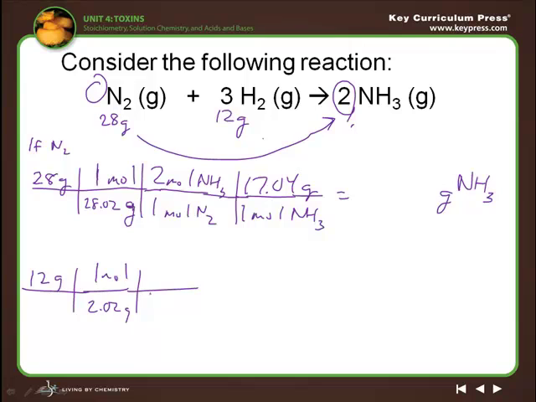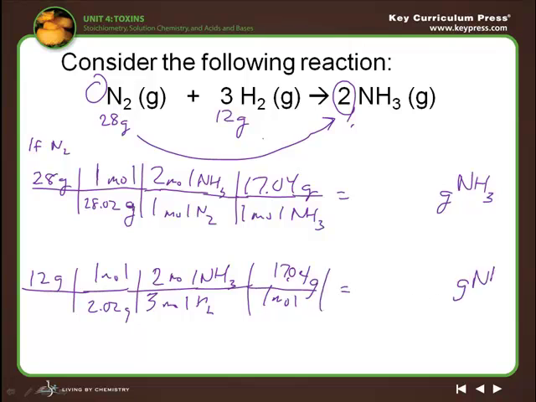Okay. 3 moles of H2 is proportional to 2 moles of NH3. And then 17.04 grams is still equal to 1 mole. So you'll notice I just set it up twice. I haven't hit my calculator once. I haven't done any math at all. No algebra, no calculation. Now, the cool thing about doing it this way is if you have a calculator, which I used to have one,